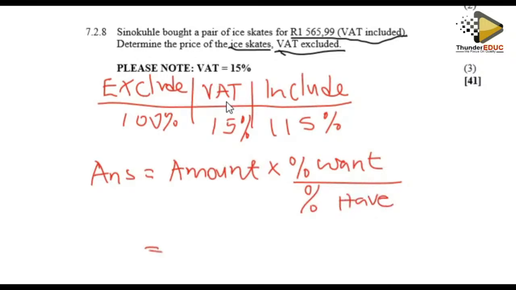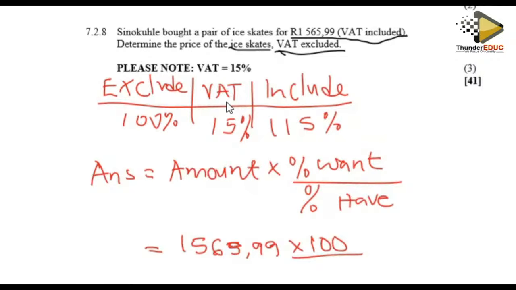So the amount that we have is 1,565.99 times, what do I want? I want excluded. So times 100 over